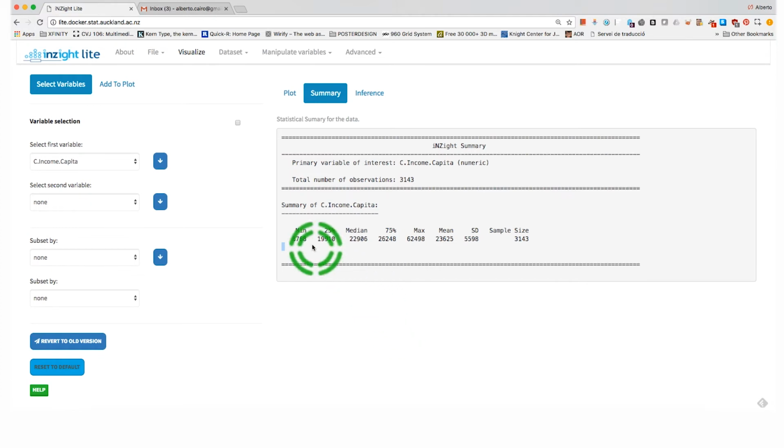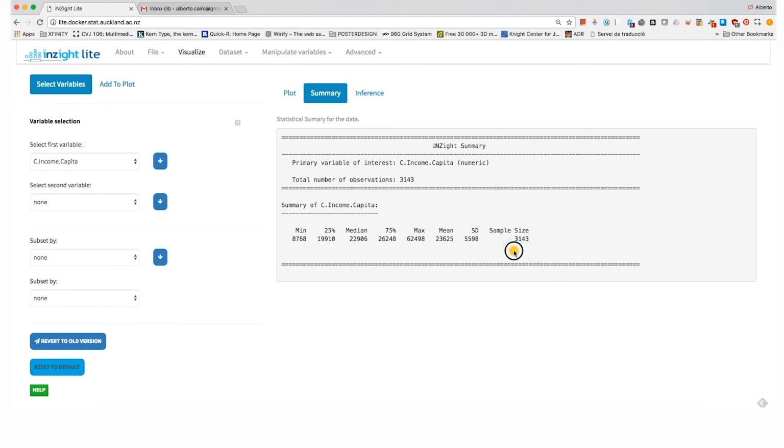We have other variables here, right? For example, we have the minimum value. So this is the minimum average income per capita per county. We have the maximum value, so the county that has the highest average personal income in the United States has an average income of more than $62,000. We have the standard deviation. If you want to learn what the standard deviation is, you can read about it in The Truthful Art.